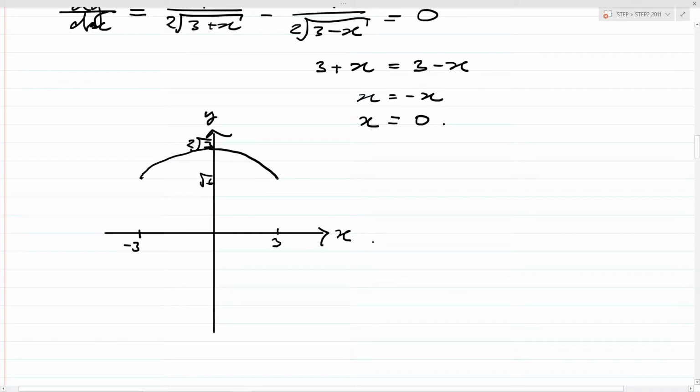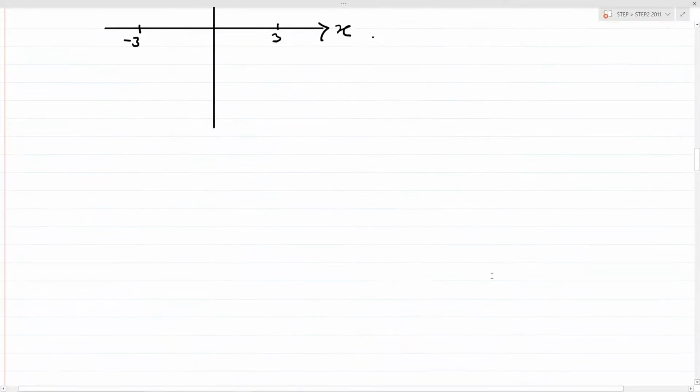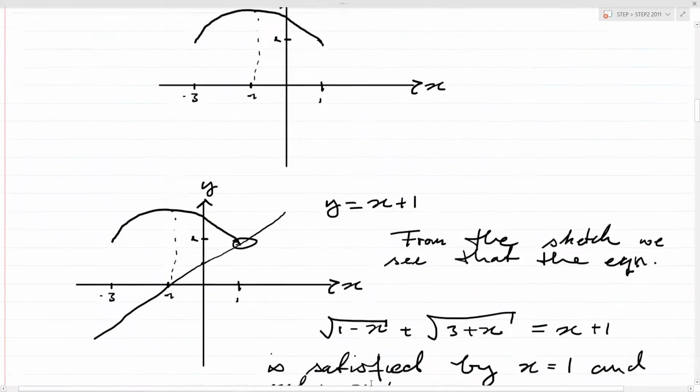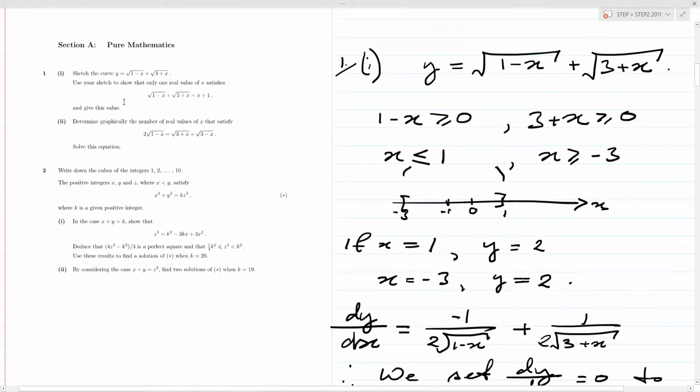So, I should label this maybe y equals square root of 3 plus x plus the square root of 3 subtract x. Right, now we're going to look at the other one, which I remember correctly was,